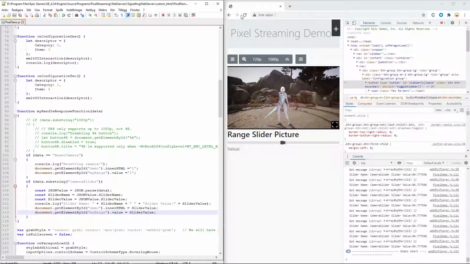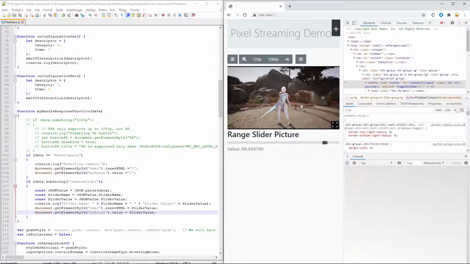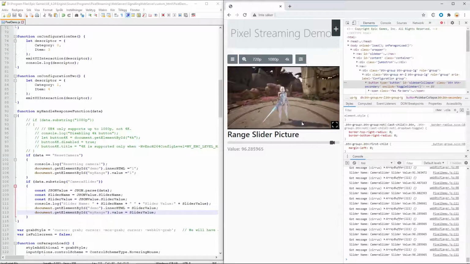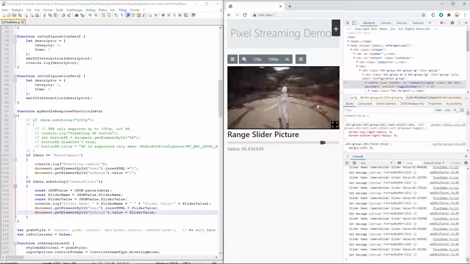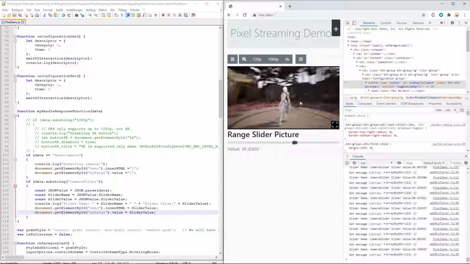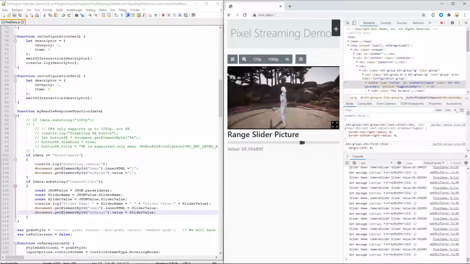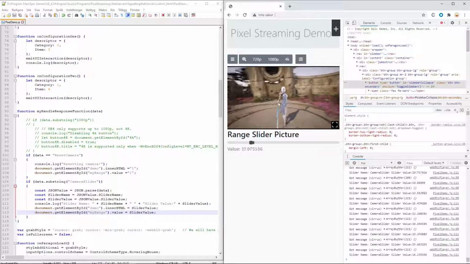And that should work as intended. Now you notice that the slider is changed and the value is changed as well. Now what we could do, either in Unreal or here, we could just floor this value to an int, but it really doesn't matter.